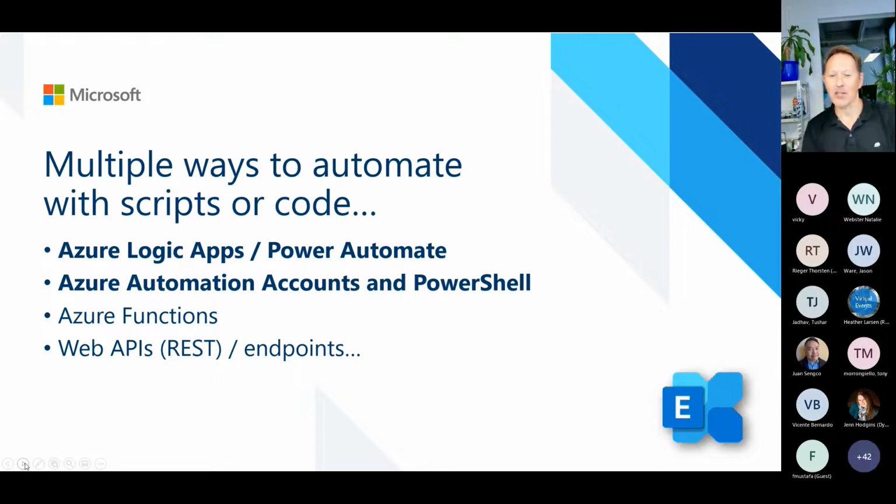We will dive into Azure Logic Apps or Power Automate, which is more or less the same, the small and the bigger brother, as we often call it. We will look into automation accounts, and we will look into security. We will create our own certificate to ensure that we connect with modern authentication against our endpoints, against Exchange, for example. And of course, there are a lot of other things I already mentioned, like functions, APIs, and so on.